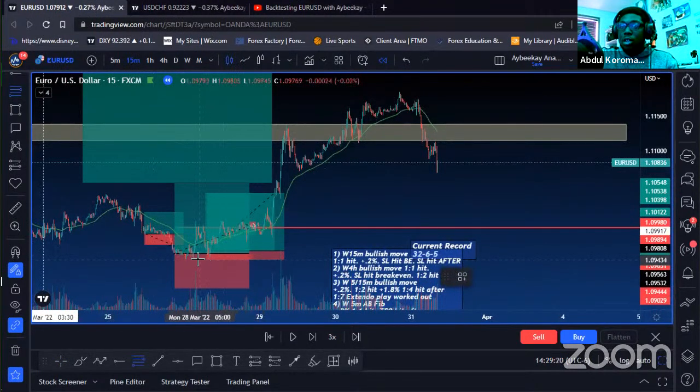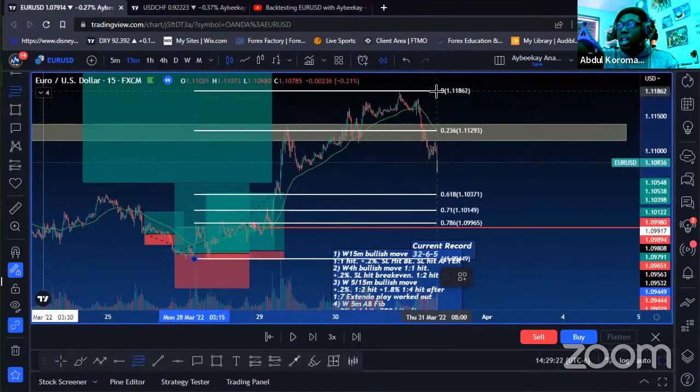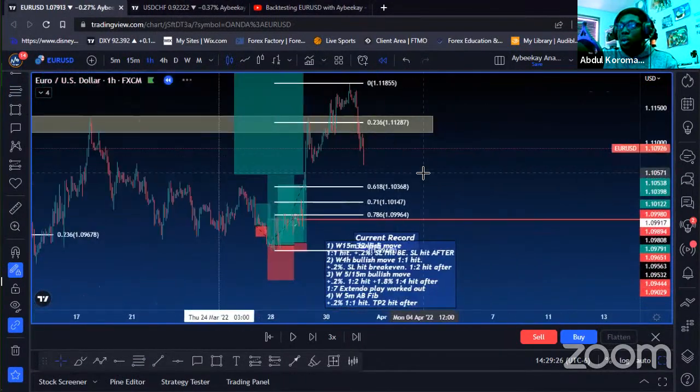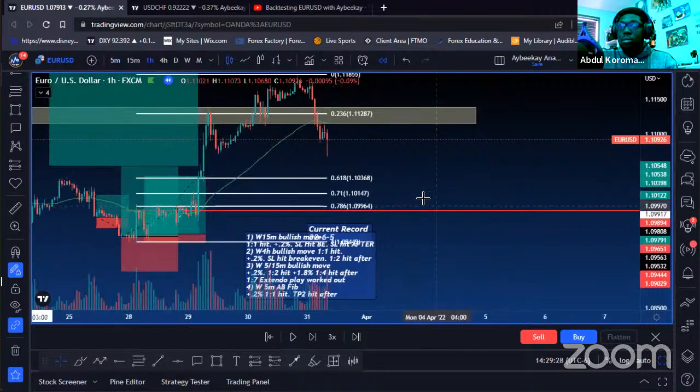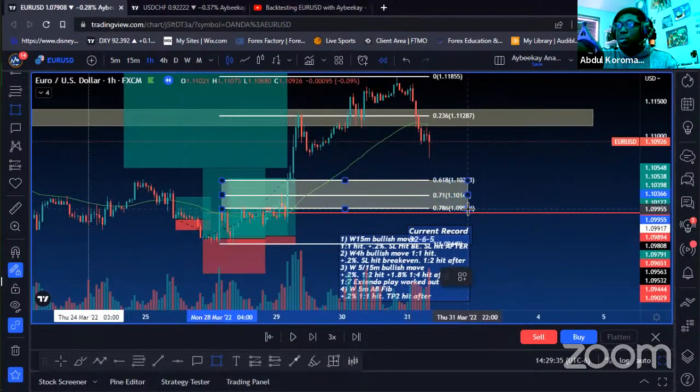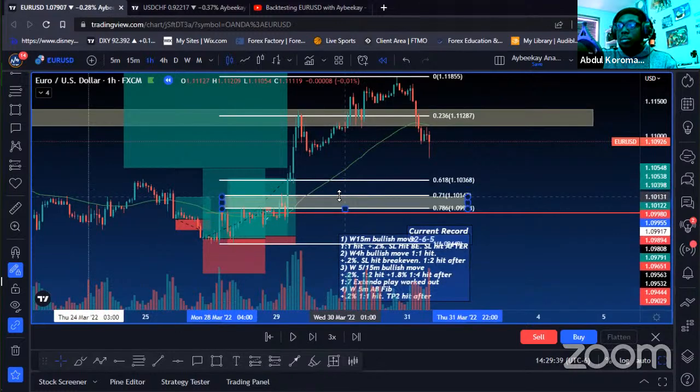going over here, again, this is the next play that I'm going to be looking for the bullish move. It's a 1 hour play, realistically. This 1 hour bullish move, hold on, give me a second,